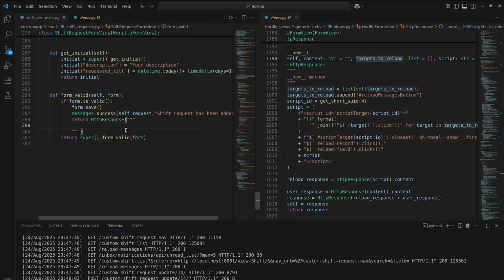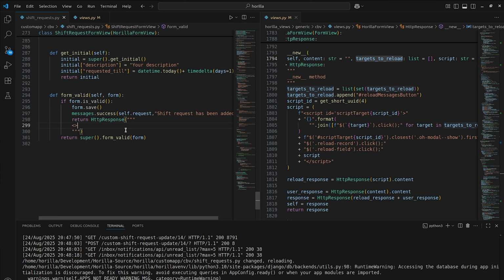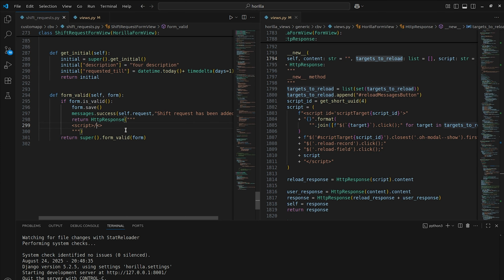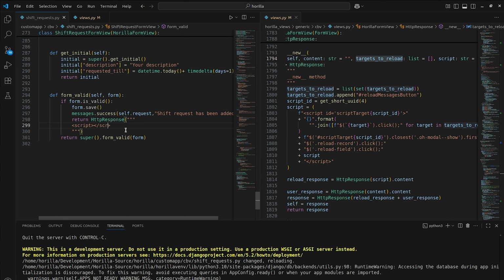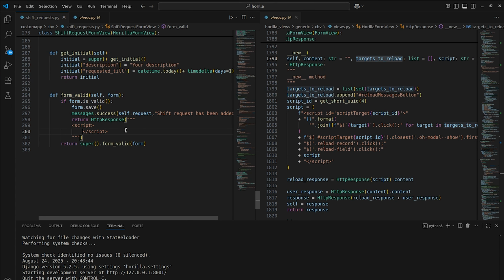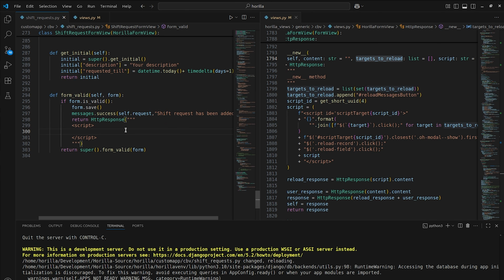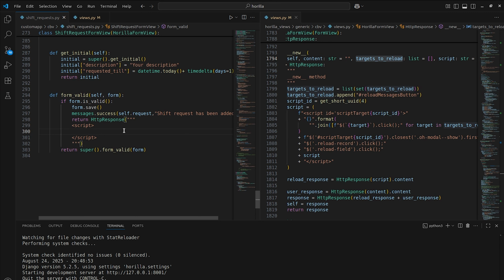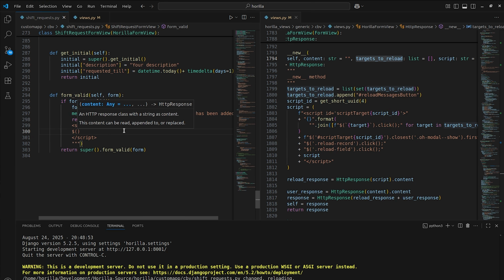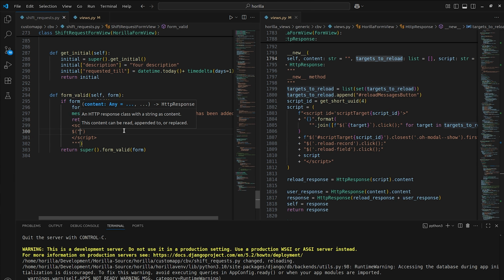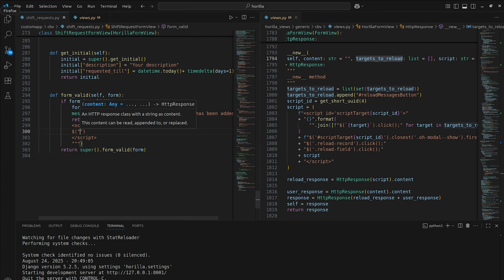here I'm going to provide the script. I'm closing the script tag. Then here I can add the script that I need to execute after the submission of the form. First, let's close the modal. To do that, fetch the active modal class from the DOM. The class will be